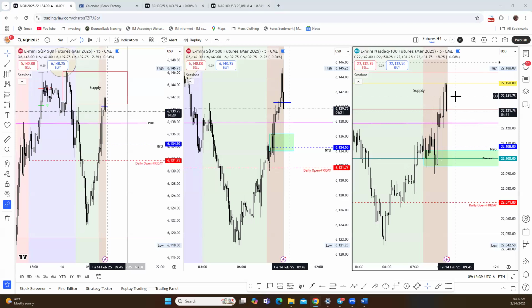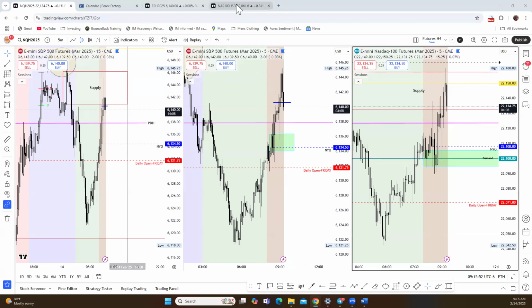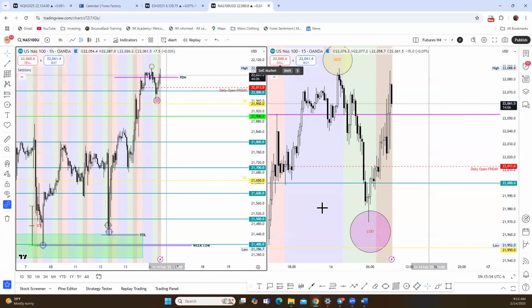So bam, that 5-minute area, that was where my risk was, 22,141s, which knocked me out for about a $700 profit outside of my loss as well on the day, on the XFA. So that's cool. I'm good there. And then what I'm going to do on the CFD, guys, is anything you have that's not the market open trade, whatever asset you have, look at the LOD current. So like these trades from here, and I don't know why the one from yesterday isn't marked, but I have a buy in here.